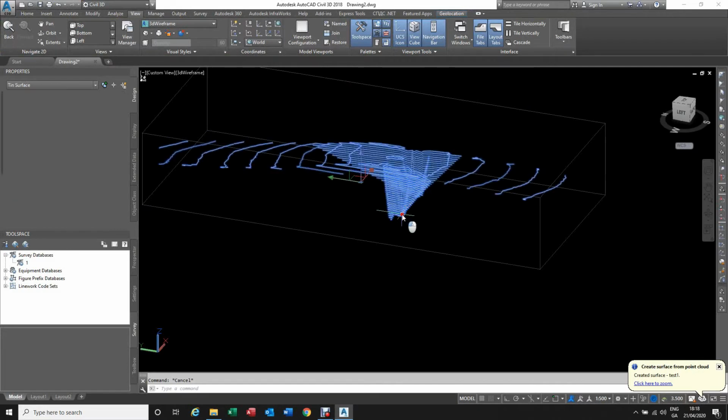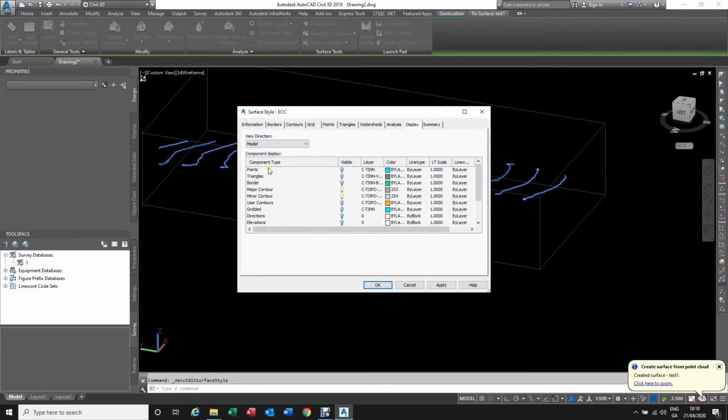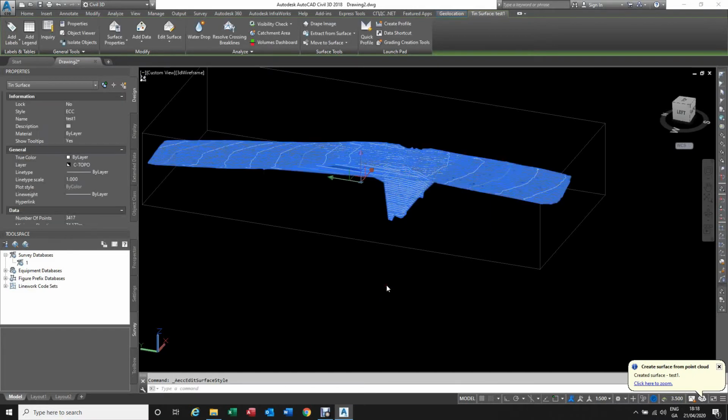At the moment I need to select this one, and I want to see the triangulation on the surface, so I can edit a little bit because I'm not happy with this. I go to edit surface style, and just like last time, in model triangles, also I'm switching on the 2D plane view as well. Okay,